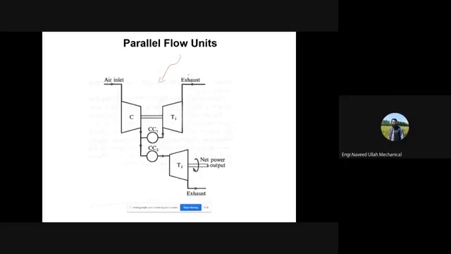So that is basically, you see here, I told you in the topic of using the power turbine that if you want to make the turbine that is producing work for the compressor independent of the turbine that is producing a useful work, तो उसके लिए जो है ना फिर हम क्या करते हैं कि we actually have the idea of use of the power turbine. Now what parallel flow unit is doing basically